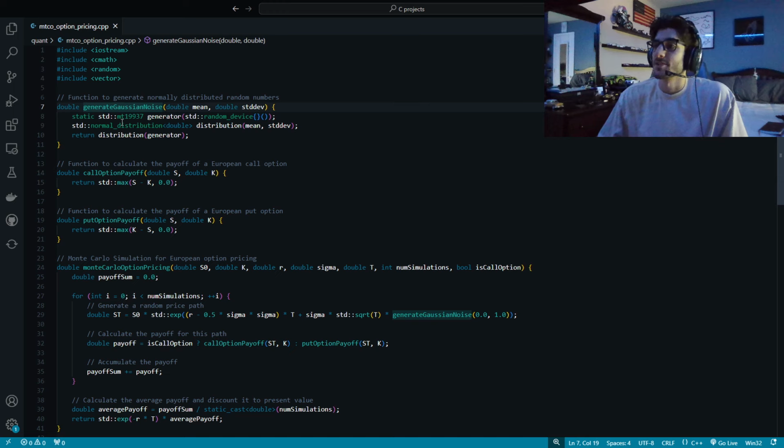But all this function does is every time you call it, I get a random number with a mean of whatever and a standard deviation of whatever. It's one of the random numbers in that distribution, and then we just return that number. Simple enough. In the example, we use 0 as the mean and a standard deviation of